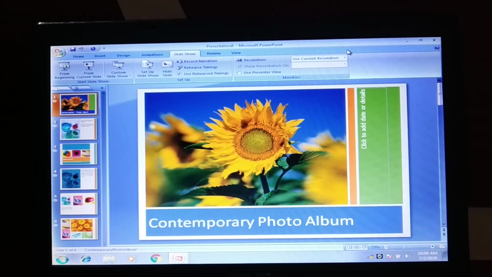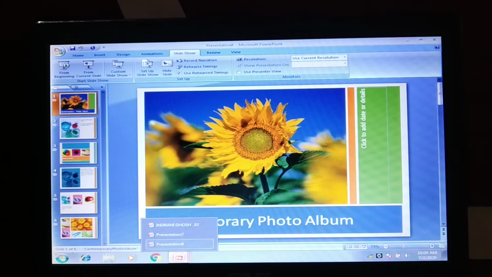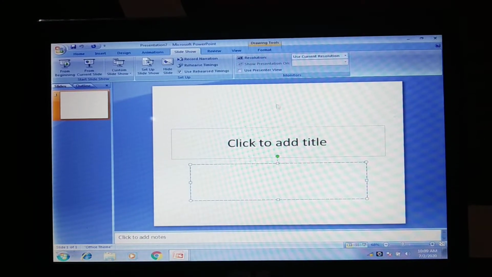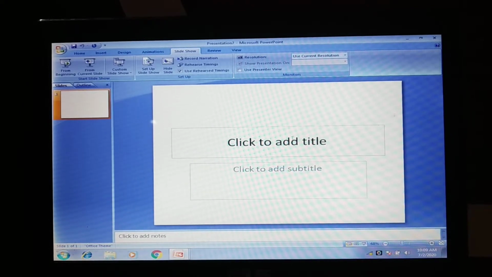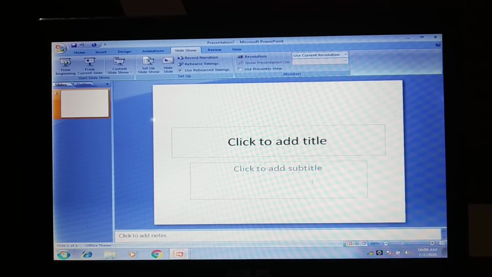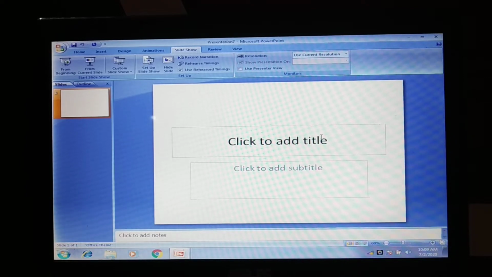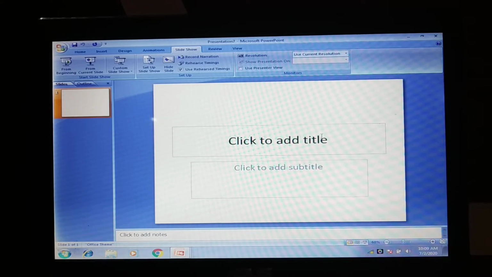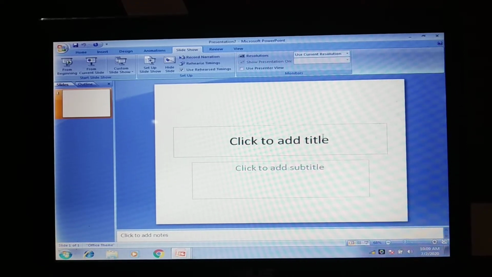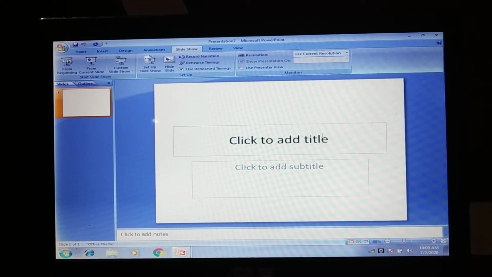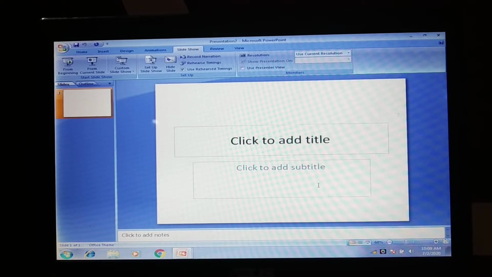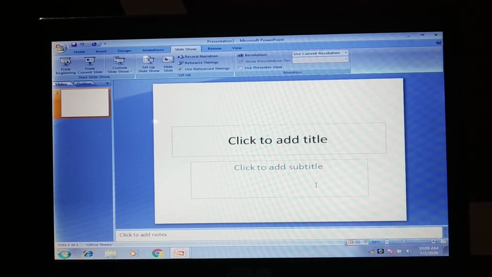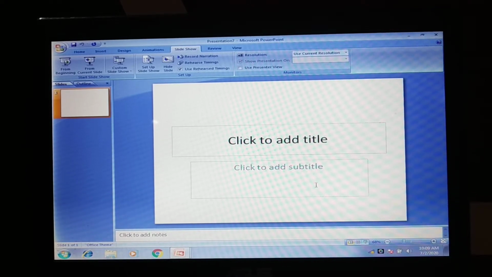In slide basics, I want to show you how a presentation looks. So this is the thing which is called the placeholder. Now this placeholder is divided into two. This is the first box where you can add some title, that is some text. I can type anything using the keyboard. And in the second box, you can insert pictures, clip arts, audio, charts, videos, anything you like that is required for completing your presentation.